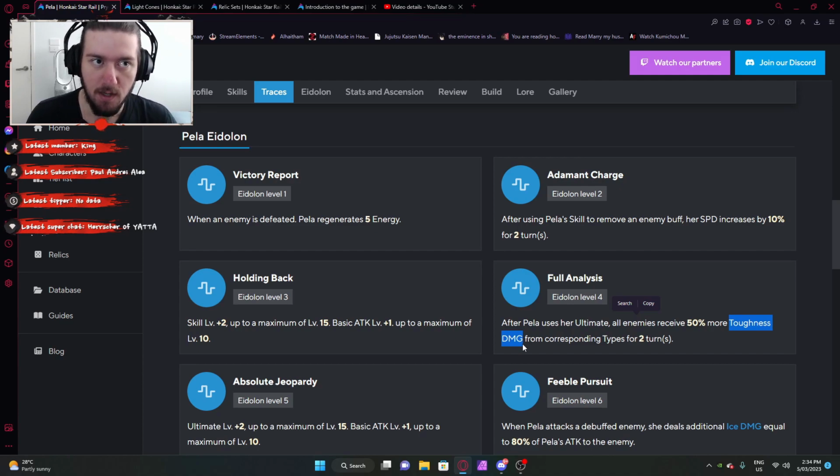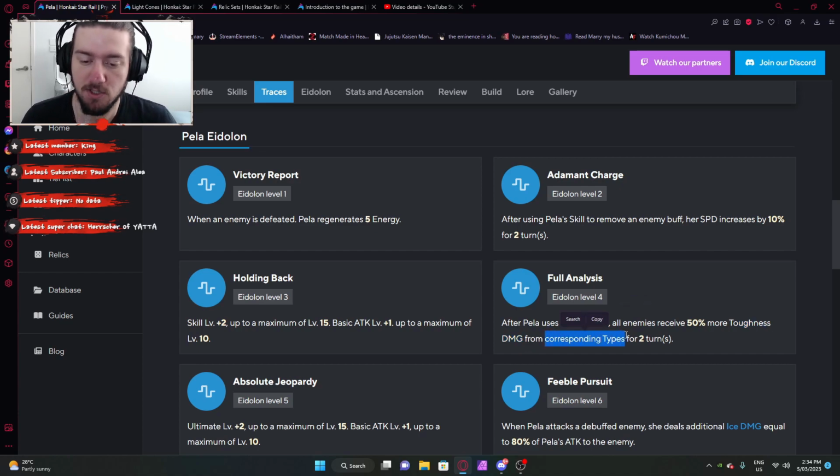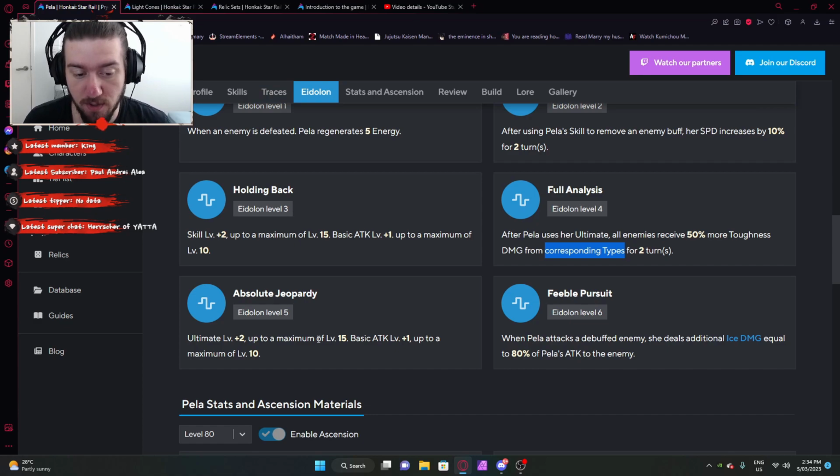It's not going to make the other elements too crazily more effective, because obviously it does say from corresponding types. So you're going to have to be very, very specific with it. But regardless, it's just going to increase your efficacy when breaking the shields or breaking the weaknesses, which is great. Eidolon 5, ultimate plus 2 and basic attack plus 1. It's fine. And then Eidolon 6, when Pela attacks a debuffed enemy, she deals an additional ice damage equal to